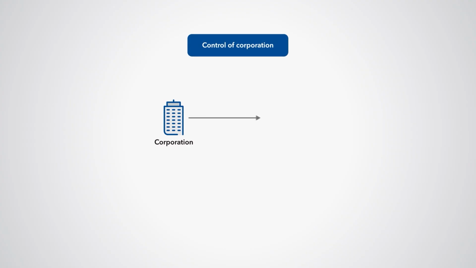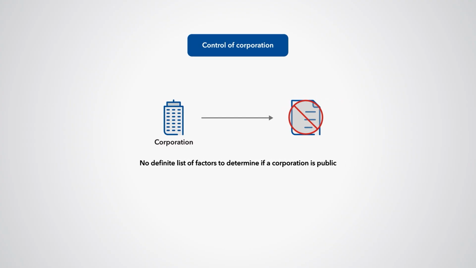The arrangements for the control of corporations can vary considerably, so it is not feasible to prescribe a list of factors to determine if a corporation is public. A single indicator could be sufficient to establish control, or in some cases, a number of separate indicators may collectively indicate control. To determine if a corporation is controlled by the government, 8 indicators of control are considered: ownership of